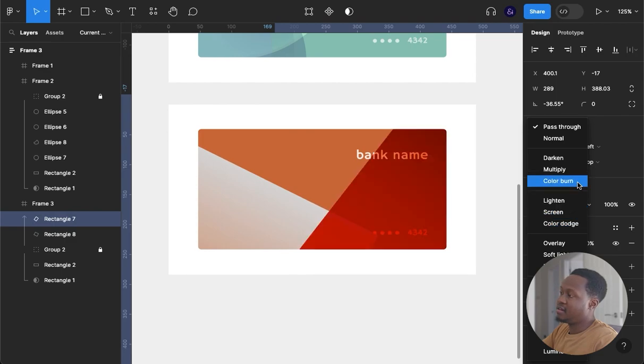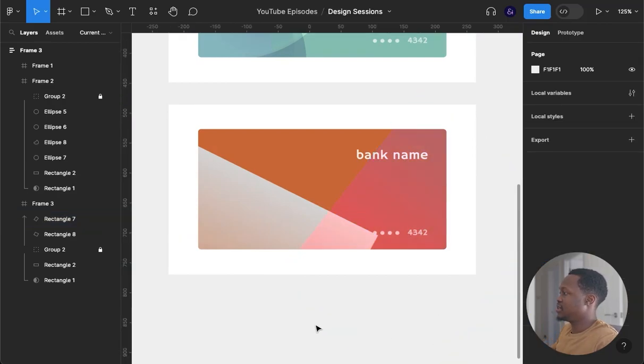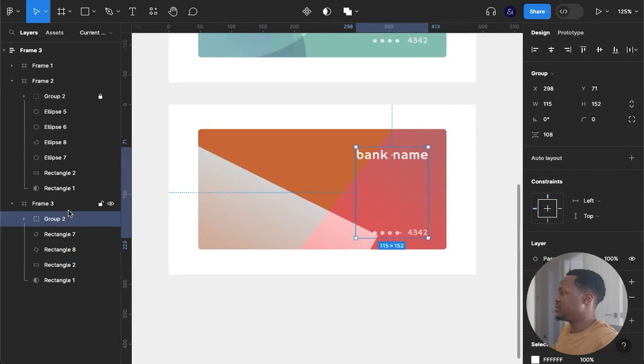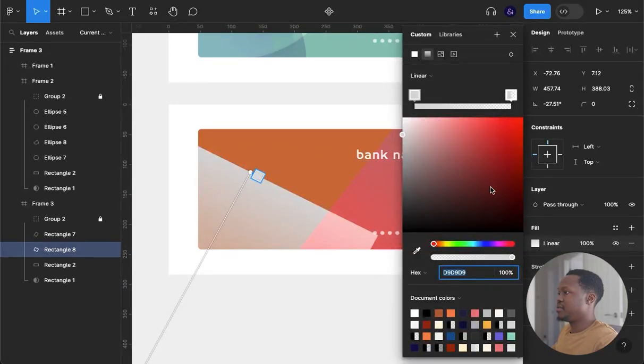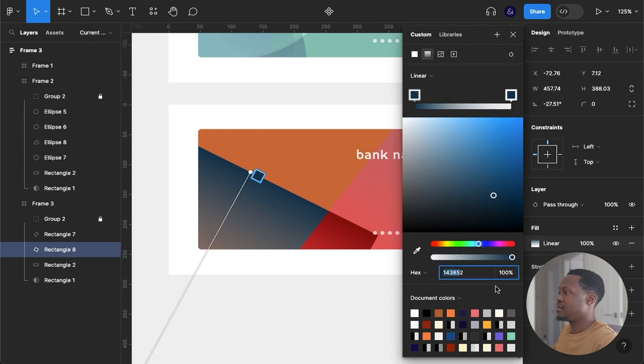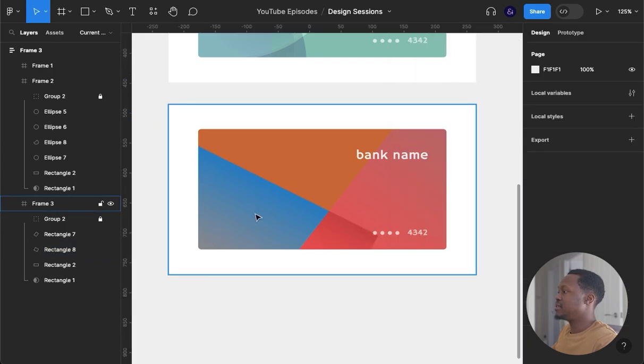I think color looks the most interesting at the moment. I'm going to bring these to the top and lock that, and I'm going to do the same here. We are going to turn up the transparency on this. I'm going to bring this across. I'm going to go for a blue. I'm going to copy that hex code. I'm going to put it back in here. And then I'm just going to change it a tiny bit. And let's see how we get